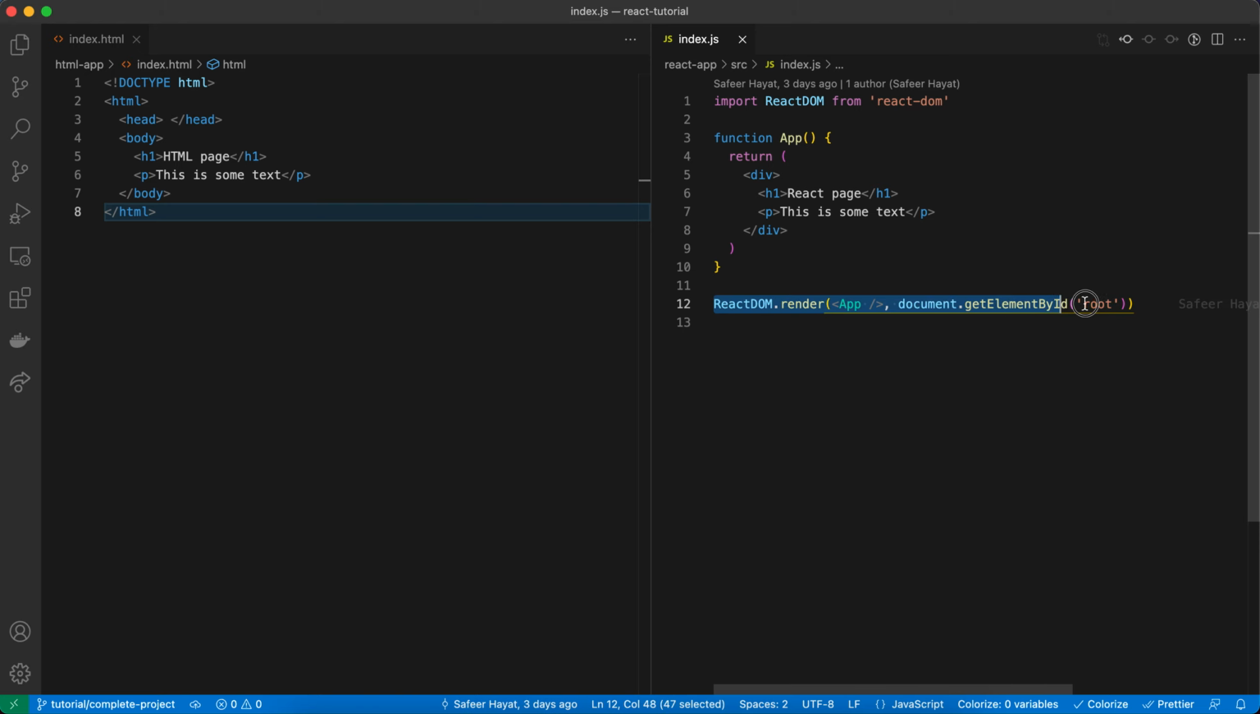There's quite a few things going on here. Let's go through this step by step. First of all, you've got this React DOM thing. What is this? Here on the top, we've got import React DOM from React-DOM. This is called an import statement. If you don't know about importing or exporting in JavaScript, you can basically import variables that are being exported